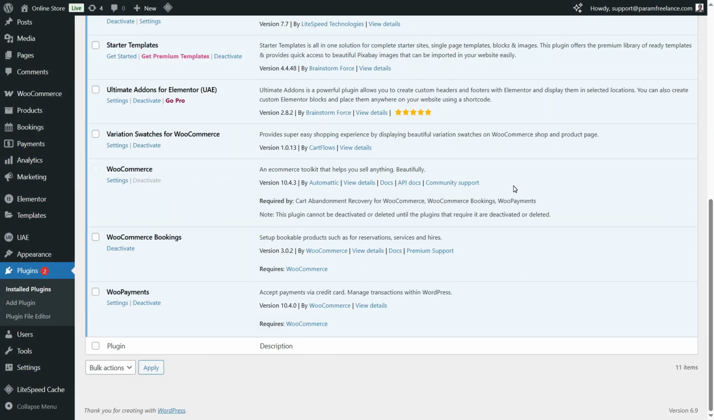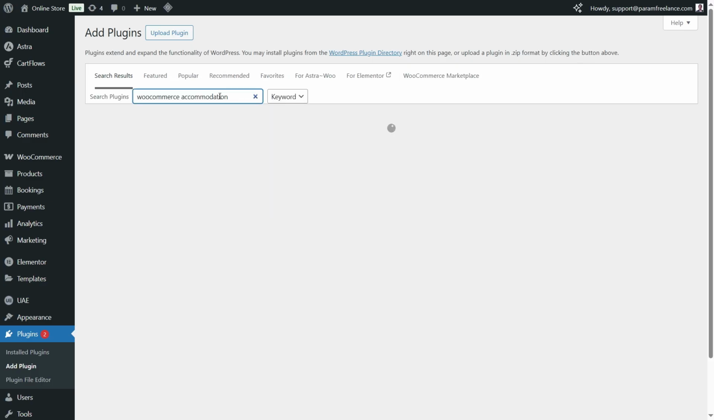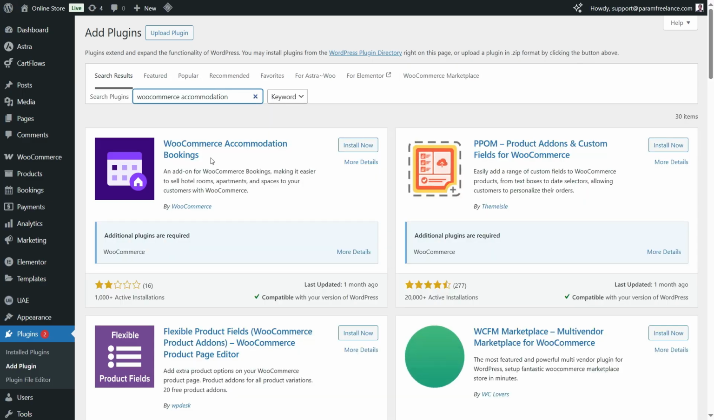So here I'm logged into the dashboard of the WordPress website. This is a demo WooCommerce website, and I have already installed the WooCommerce Bookings plugin. And now I'm going to install the accommodation bookings extension. So let's go to add plugin, and here search for WooCommerce accommodation. This is the plugin. So I'm going to install it